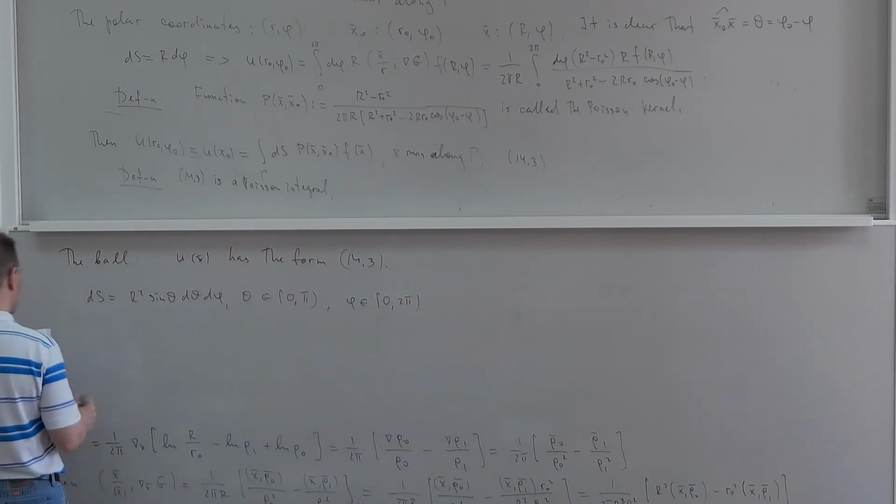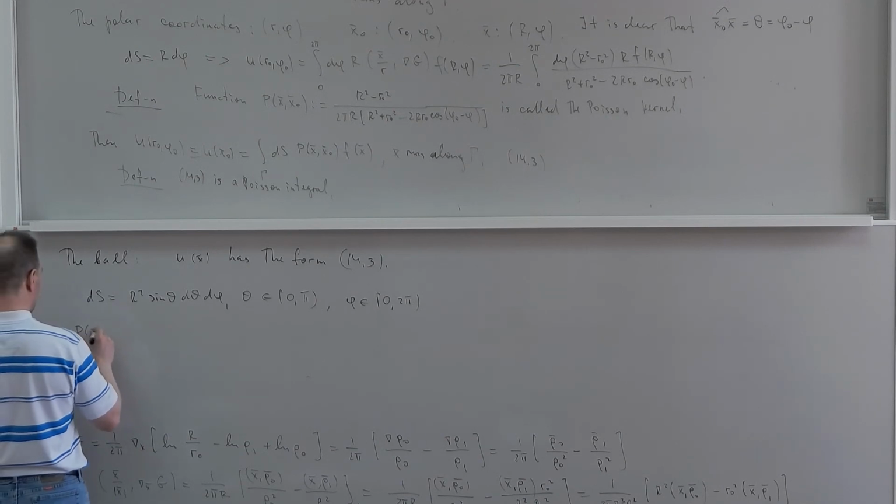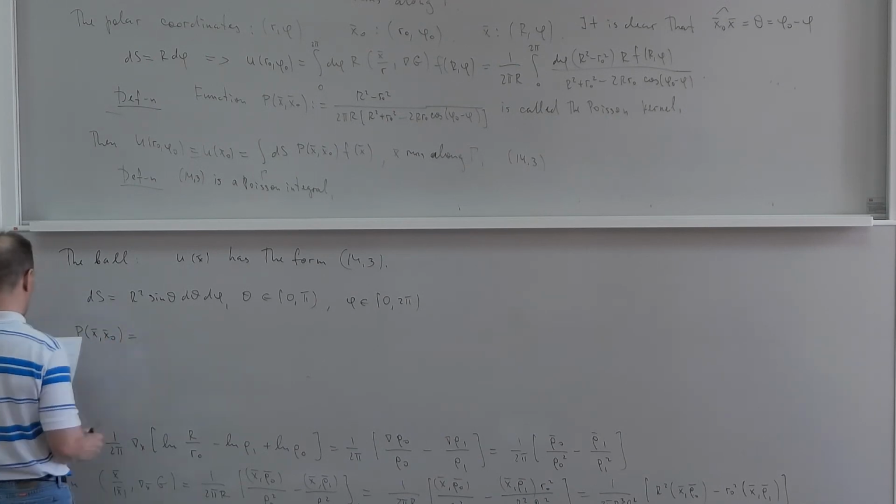And the Poisson kernel is written in the form